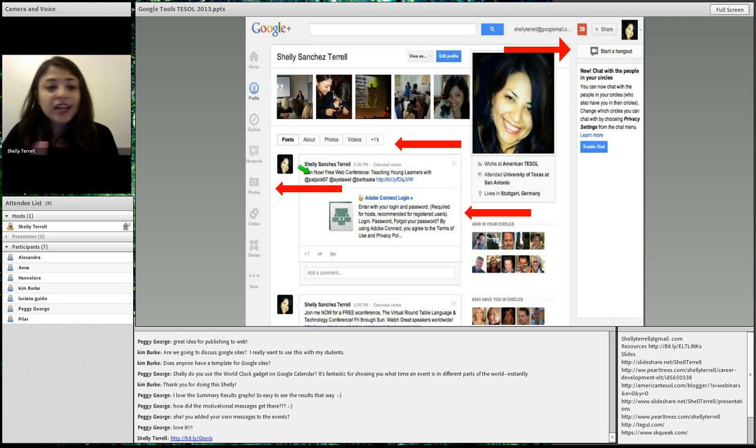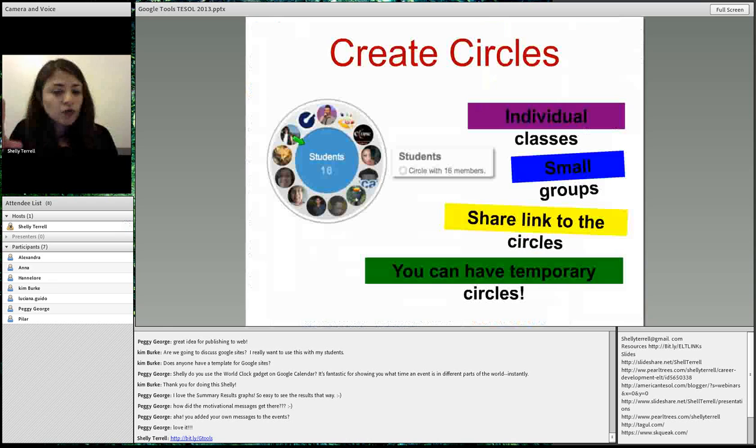You can't do that with Facebook. You can't show it as your nice profile. But you can here. It gives you a nice page. You can put different pictures that show you in action. It gives you a small little synopsis. You can put an about section in the list. It gives you all these things, so you can put an online resume that looks very complete and really nice. This is what circles look like.